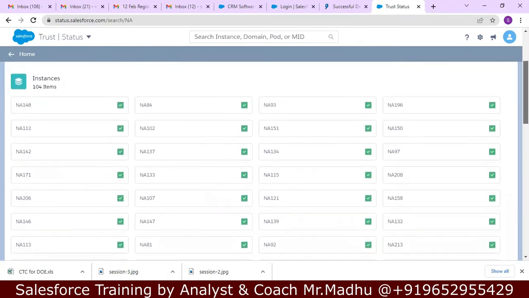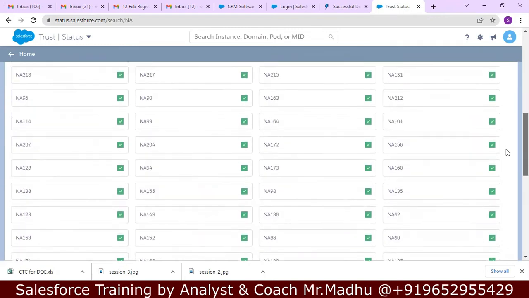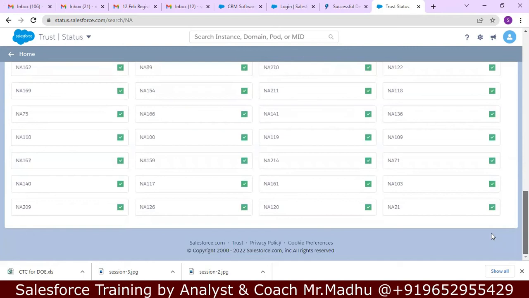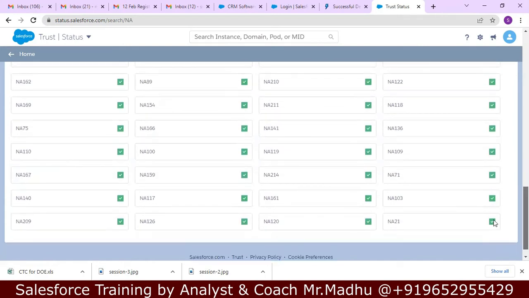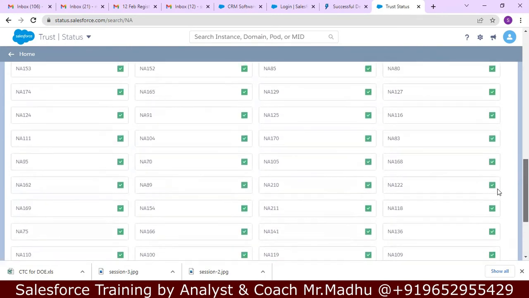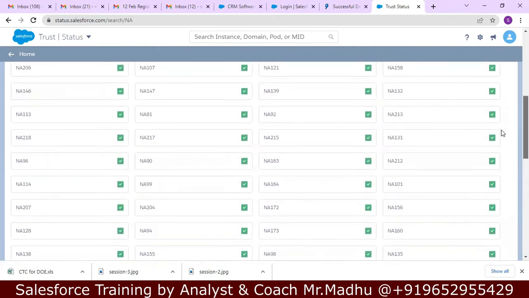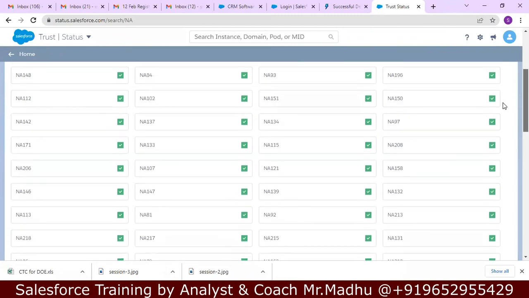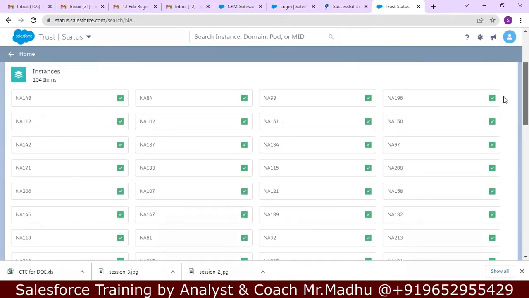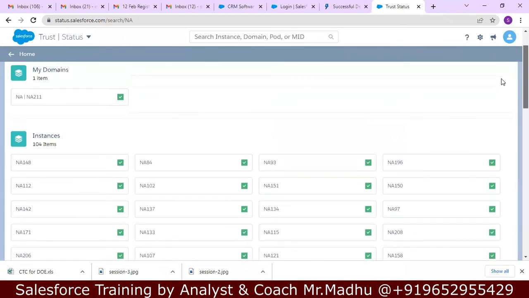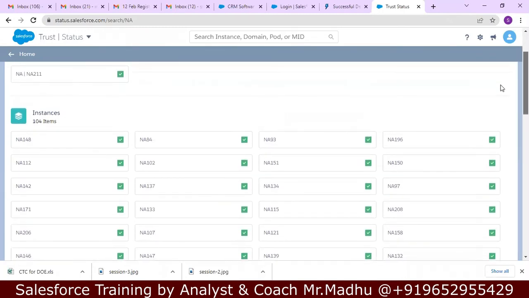Here we can see the first thing is NA0. Just find it. Where is NA0? They might not be using NA0 because it is not showing here.